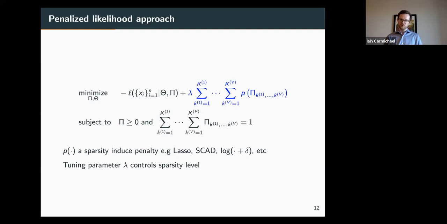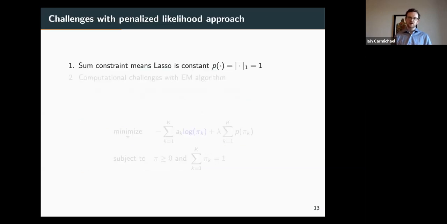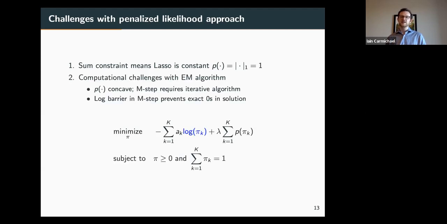That's worth paying attention to, because of course the most natural penalty to turn to would be the lasso penalty. However, in this case, the lasso is constrained to be constant, so we're not really going to get anywhere if we just throw a lasso penalty on. Not to worry, there are plenty of other sparsity-inducing penalties, things like SCAD, for example, but those are concave. And that concavity raises some computational challenges with the EM algorithm. So first